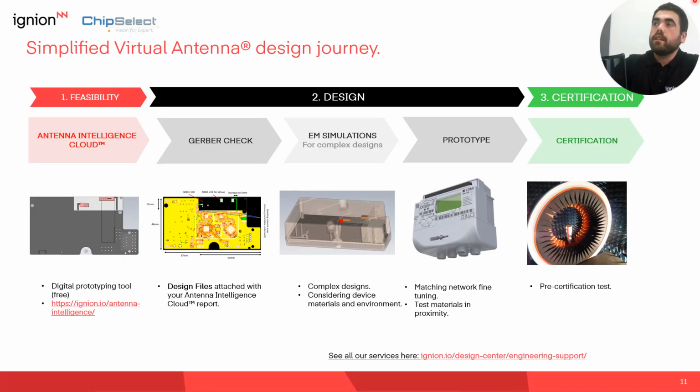So this is the simplified virtual antenna design journey. This is the path that we recommend for all of our customers to ensure the first and right antenna integration for market launch, which consists in starting with the Antenna Intelligence Cloud design tool, and you will receive design files, your Gerber files, to start with the solution for your device, by following the design recommendations gathered in the report. Ensuring that you meet the design recommendations gathered in this report in terms of antenna integration, and once the Gerber is ready to be manufactured,